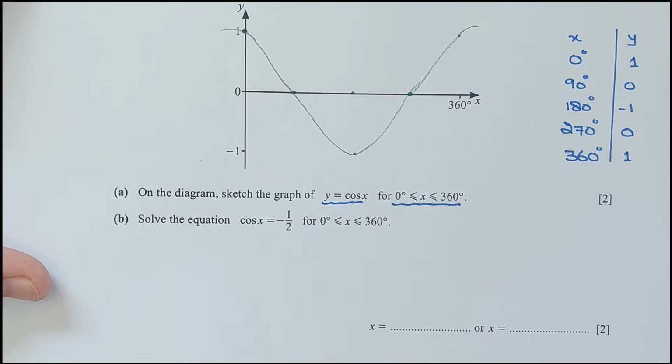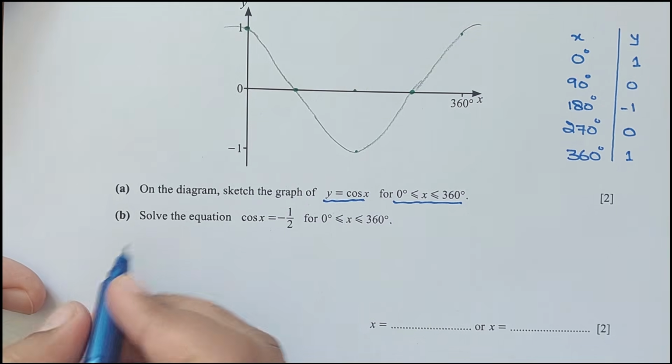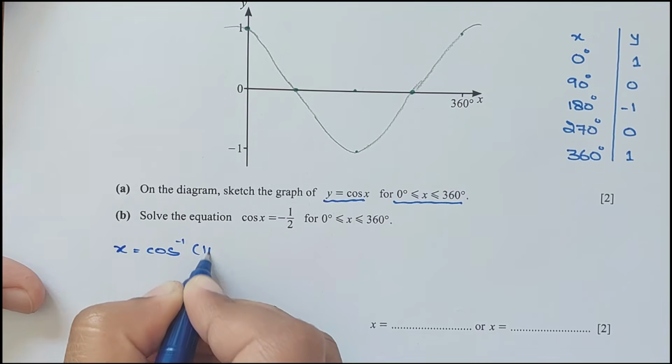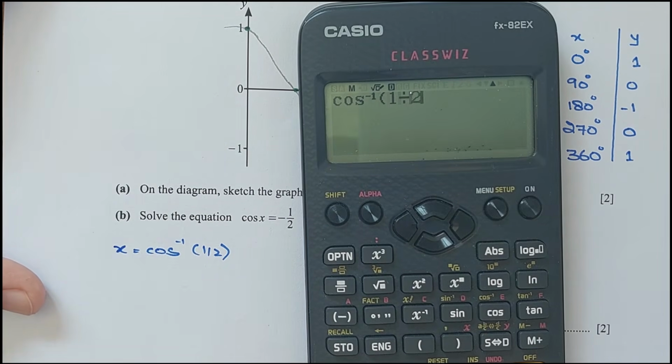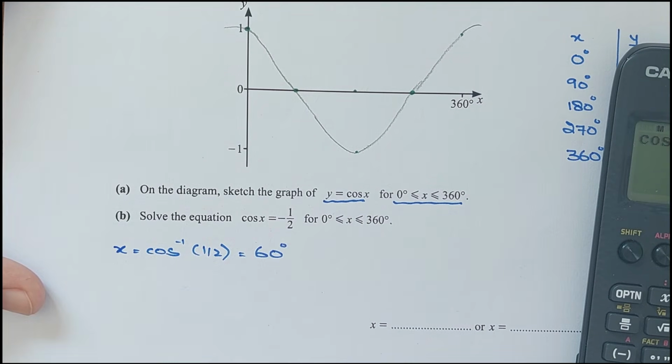All right. Now for part B, solve the equation cos x equals -1/2 for x between 0 and 360. So we can solve for x, which is cos inverse of 1/2 for positive 1. Cos inverse 1/2 is 60 degrees. So this is 60 degrees, and cos is negative in which quadrant? Cos is negative in the second and third quadrant, right? So for the second quadrant,